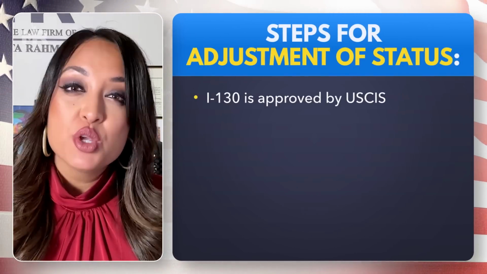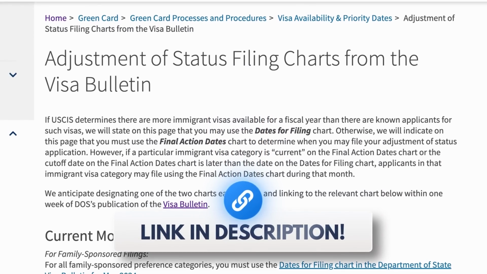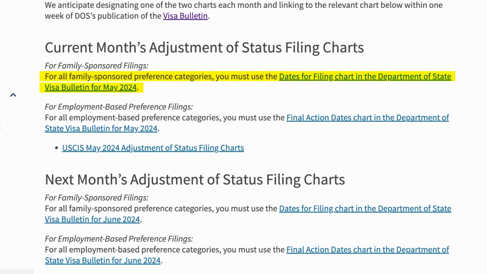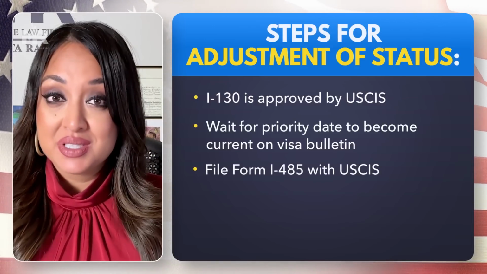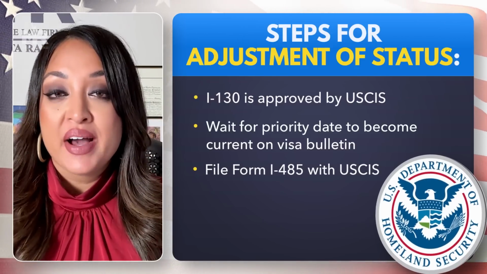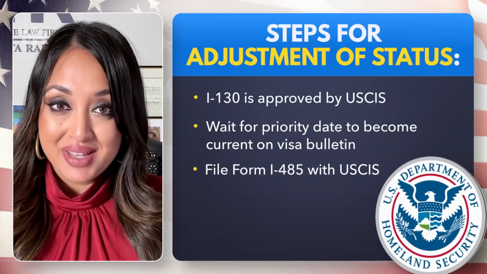However, let's just assume that your spouse or your child are in lawful status and there is no unlawful presence to worry about. Then, after the I-130 is approved, you would wait for the category to become current. Then you would follow the USCIS directions indicating whether or not USCIS is currently accepting applications according to the final action date chart or the date of filing chart. So instead of filing the DS-260 to process abroad at the consulate for an immigrant visa, you would file the Form I-485 application for adjustment of status for your relative instead.